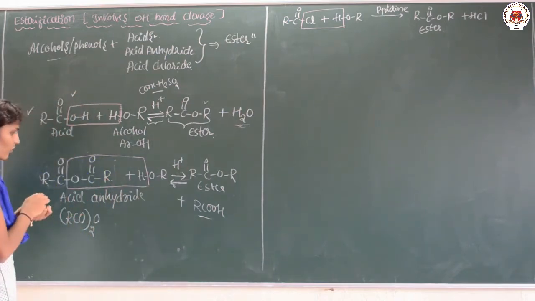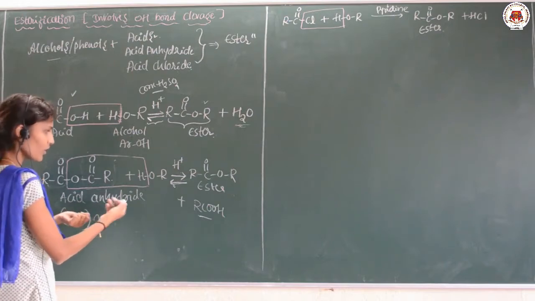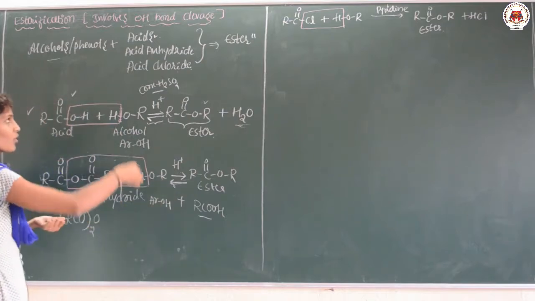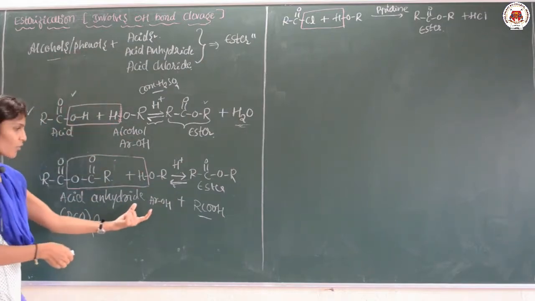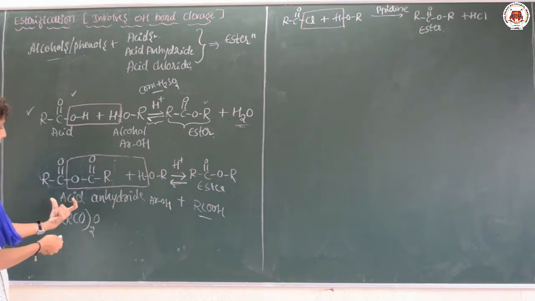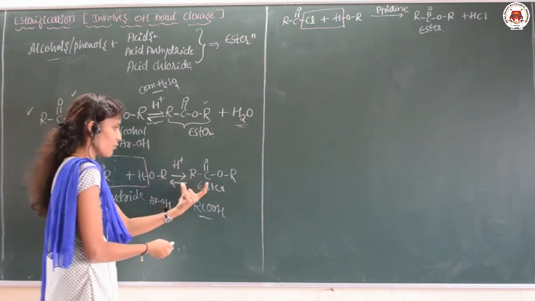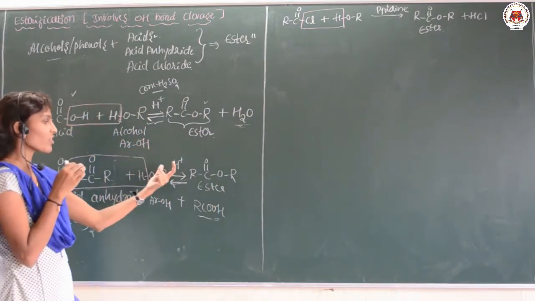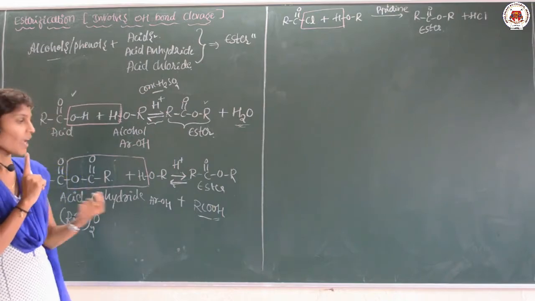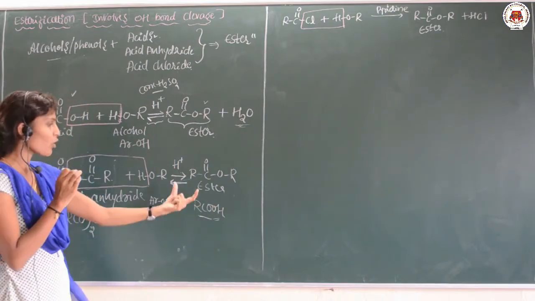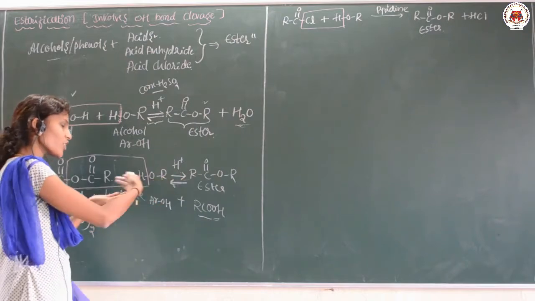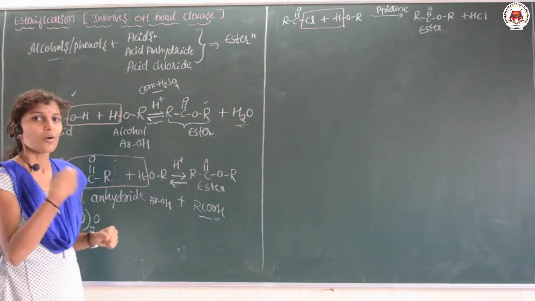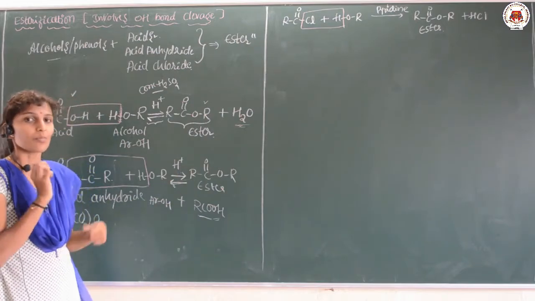And next, whenever an acid anhydride is treated with alcohol, here also, instead of ROH, you can take ArOH also, because alcohols and phenols both work. ArOH is nothing but phenol. When the acid anhydride is treated with alcohol, there is a formation of the ester along with an acid. This reaction is also reversible, and it is carried out in the presence of an acid. The acid must be removed immediately, to prevent the reaction from going in the backward direction.